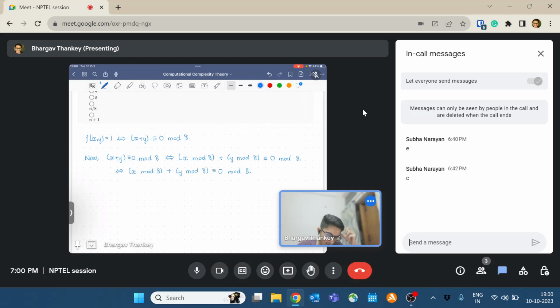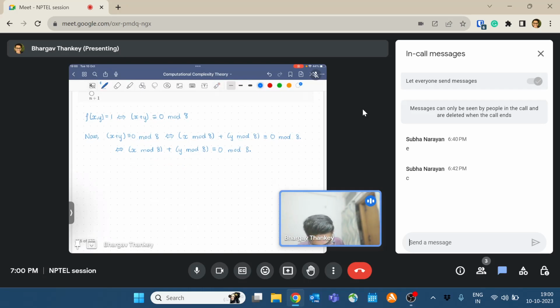Now Alice knows x, so she can compute x mod 8 and send it to Bob. Bob knows y, so he can compute y mod 8. He now has x mod 8, so he can add these two up and check whether the sum is 0 mod 8 or not. So to compute f, all that needs to be done is